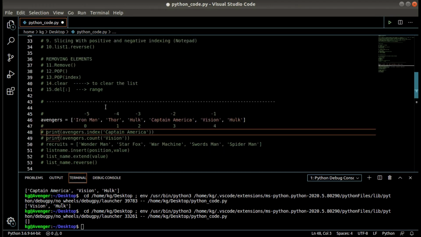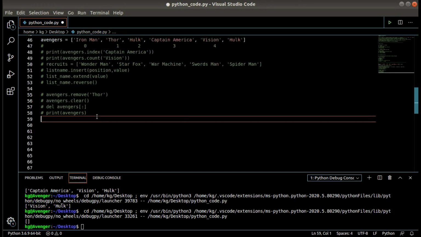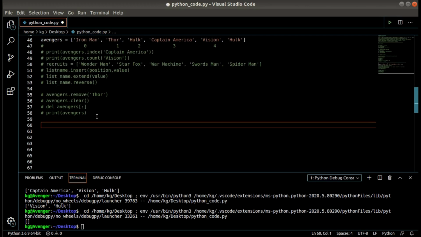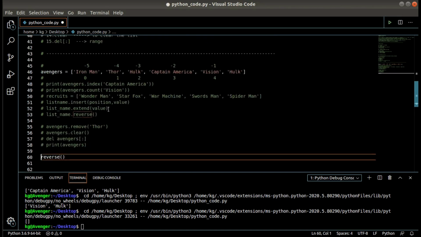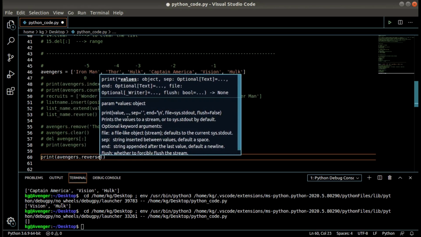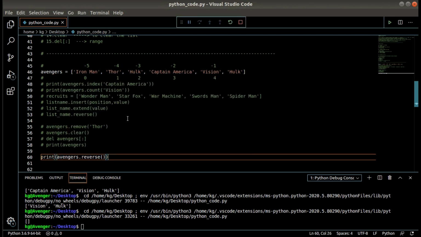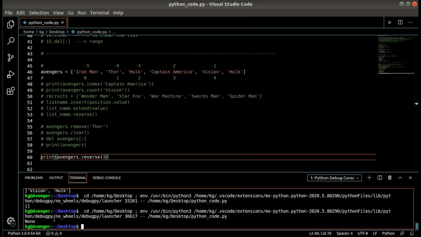Moving ahead, yeah, we have covered it. So we were stuck at the method reverse, and we were getting output as none. So if I do Avengers dot reverse, and I was printing it out, it was my mistake, it was giving me output as none.